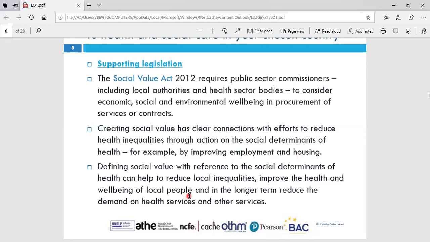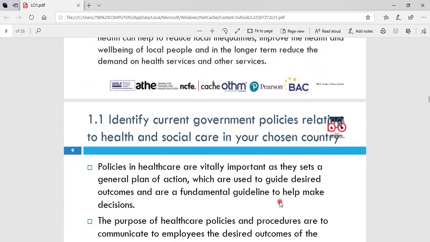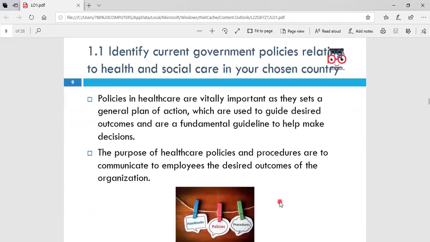So defining social value with reference to the social determinants of health, they can help to reduce local inequalities, improve health and well-being of local people, and in the longer term, reduce the demand on health services and other services. So you won't have many sick people then. You won't have many people coming for their treatments because you'll have healthier environments, you'll have more economic involvement of every sector or every background,